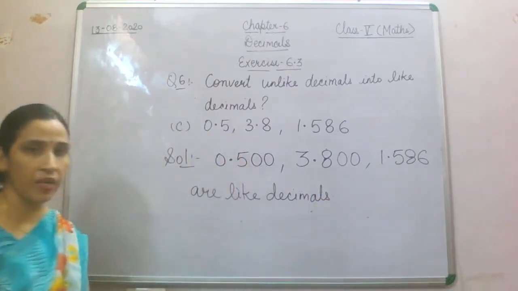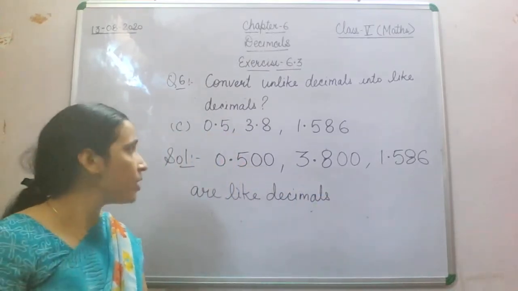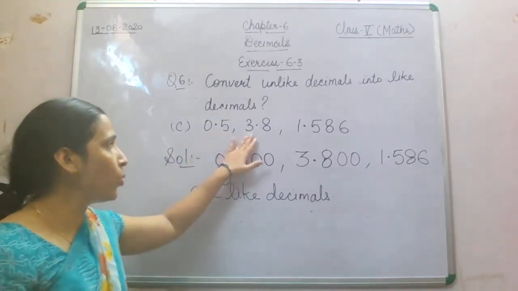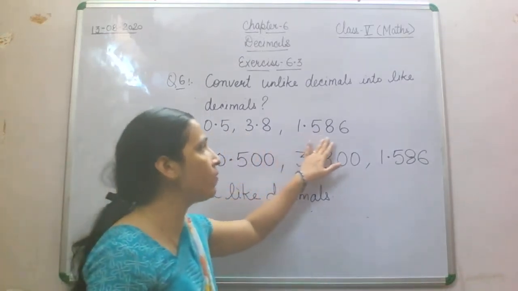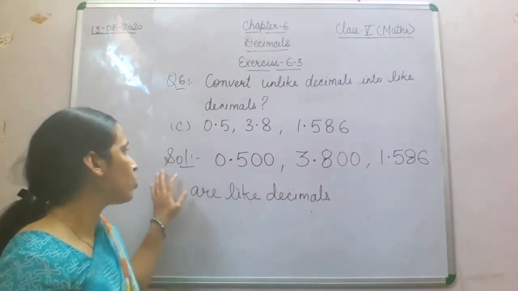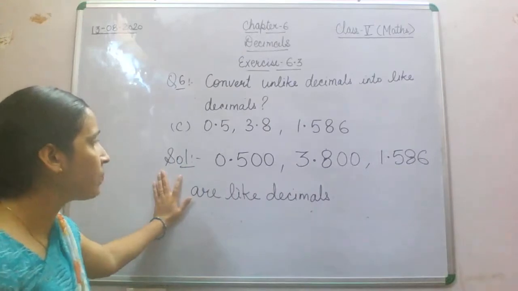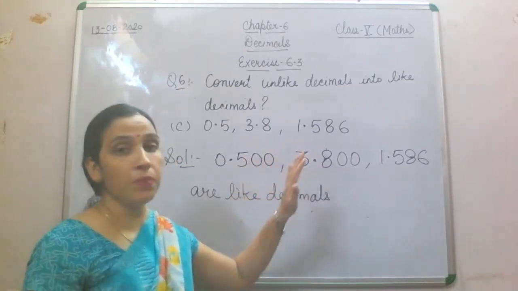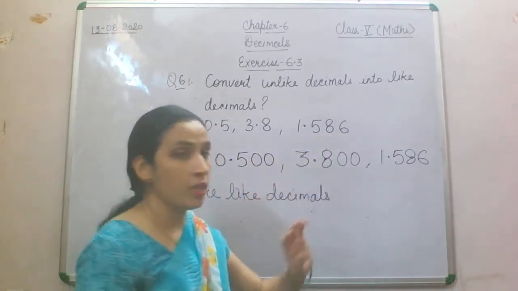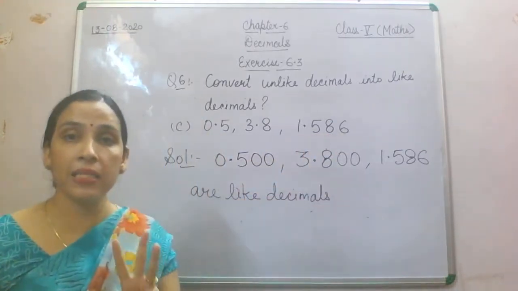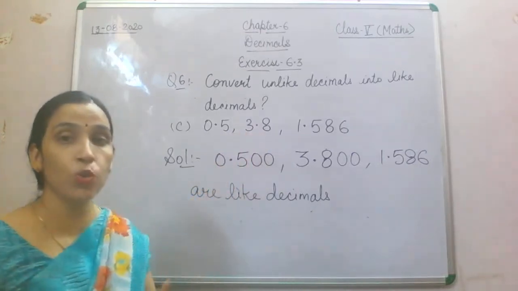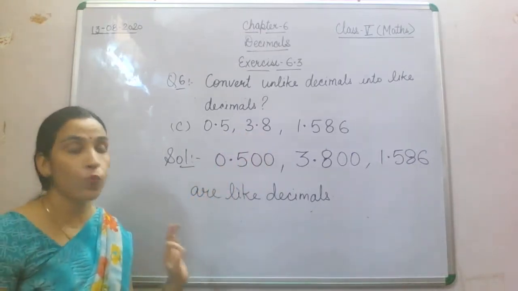So what we have done in this C part: you have been given three numbers, 0.5, 3.8 and 1.586. In the solution, you see the maximum number of decimal places is 3. It means you require 3 decimal places in the rest of the two numbers also, in which you have only one place. So what we will do,